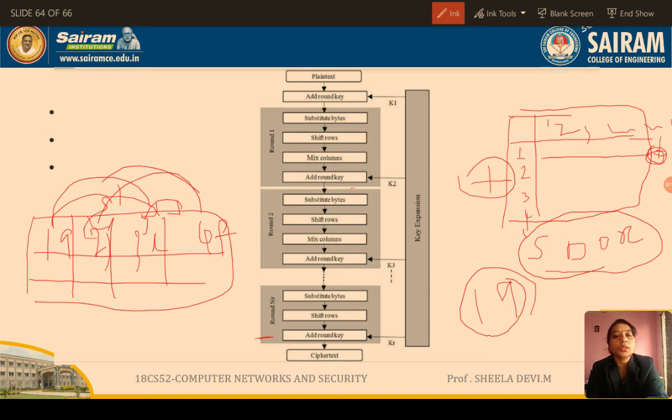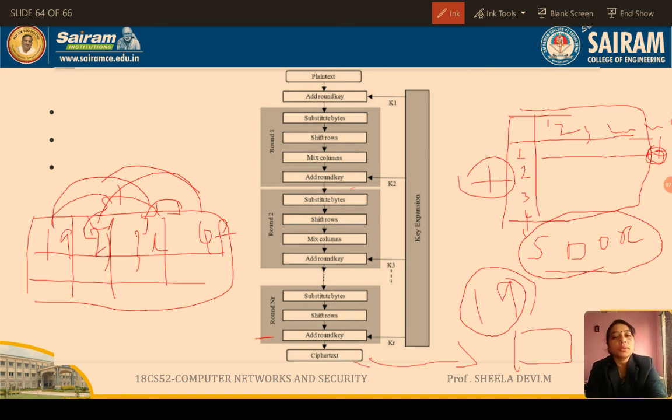In all the other 9 rounds, you will find these 4 processes, but in the 10th round, only these 3 processes will be there. We will not be doing the mix column operation. The resultant value we get after the 10th round will be our ciphertext, which will be passed to the destination.